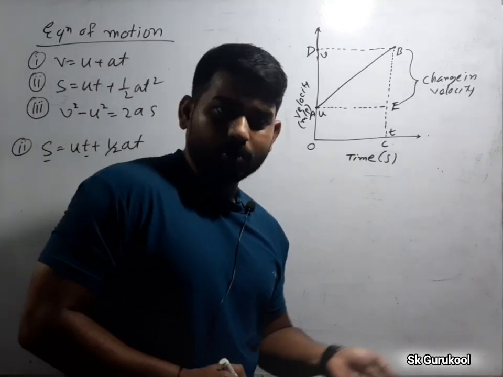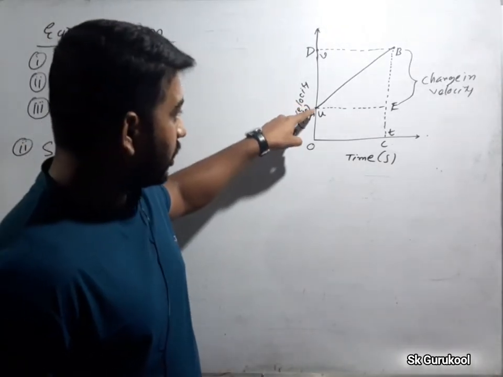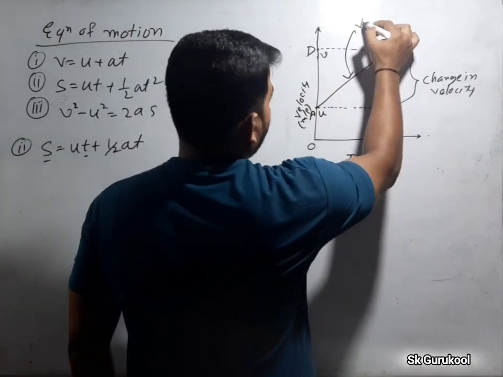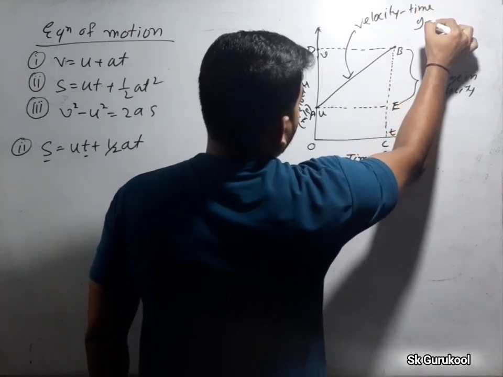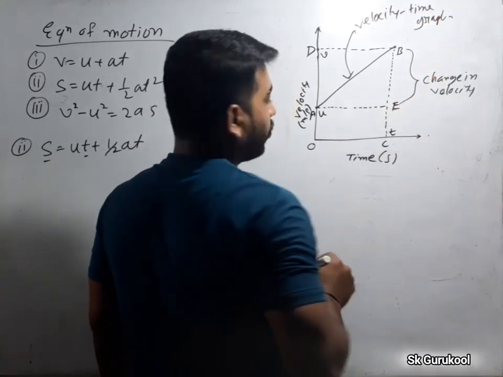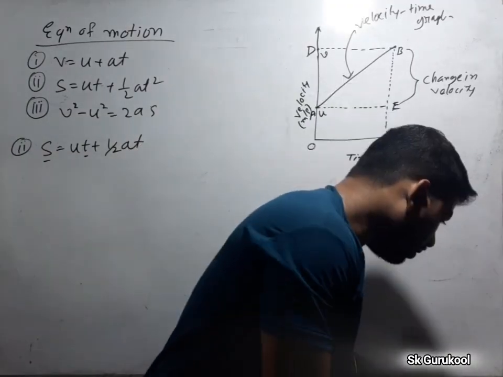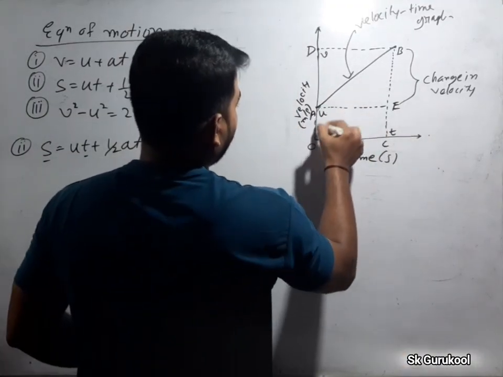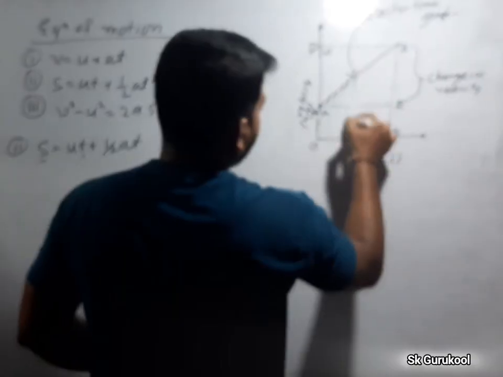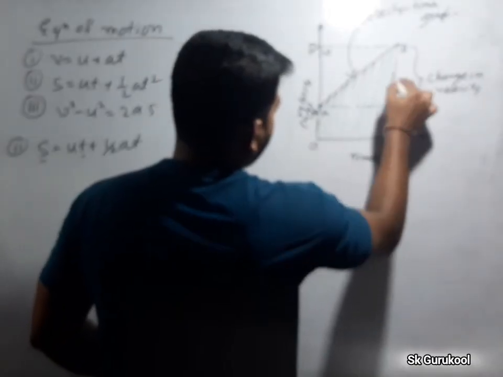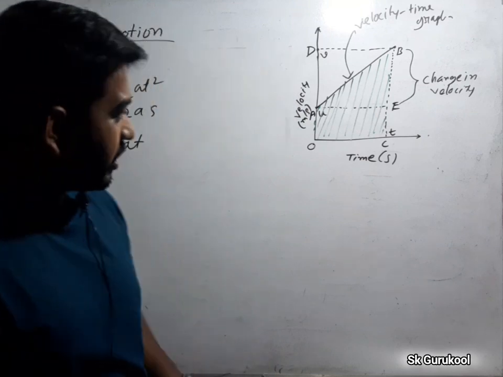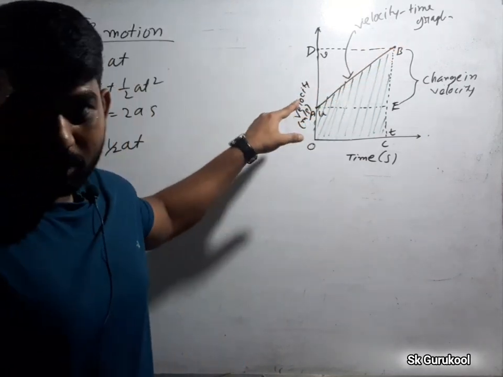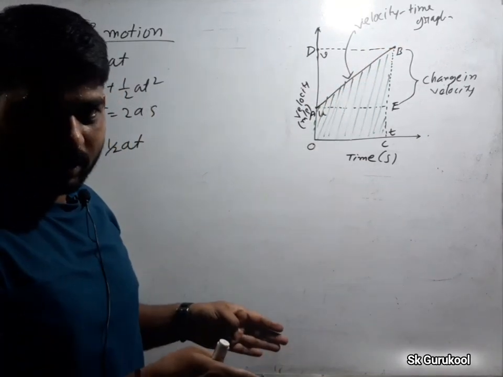we know that this is a velocity time graph. This is a velocity time graph. Okay, the underlying part of the velocity time graph gives us the quantity displacement. Okay, velocity time graph